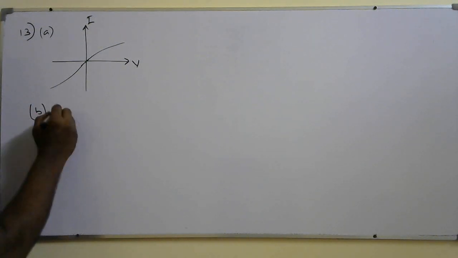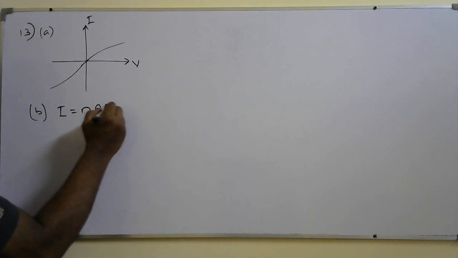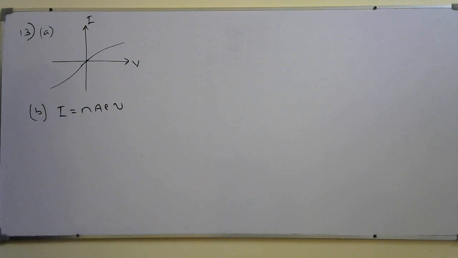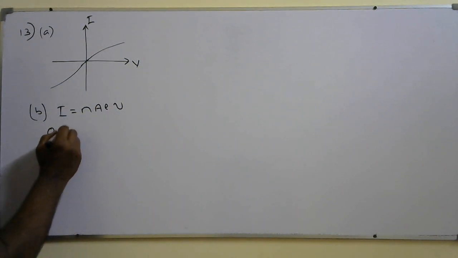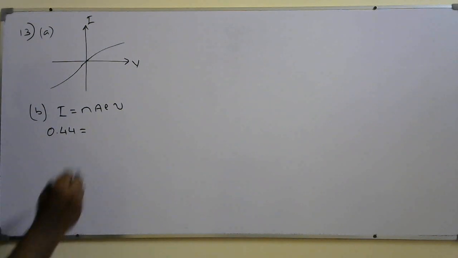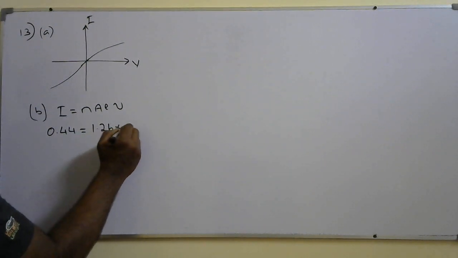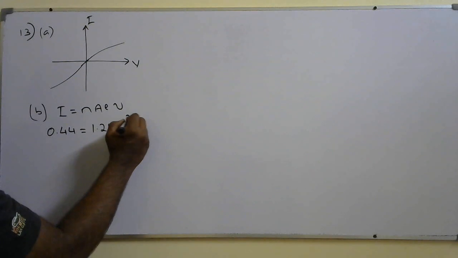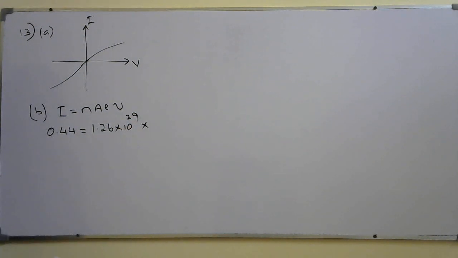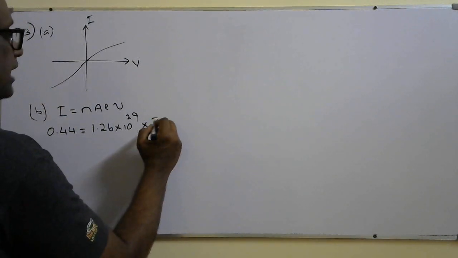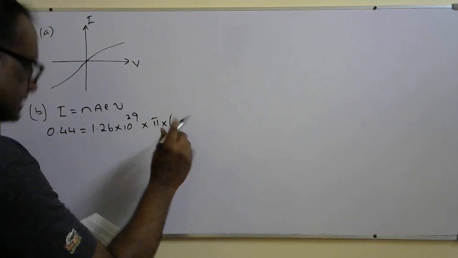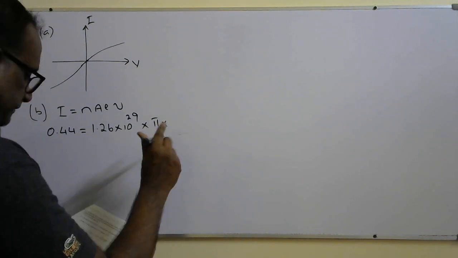So B part, we need to use I = nAev. I need to find v, the drift speed. So I is 0.44, n is given as 1.26 × 10^29. The area of cross section is not given directly, but the diameter is given, 0.046 millimeters. So the radius will be half of it. So you know, πr squared. So π into the radius is